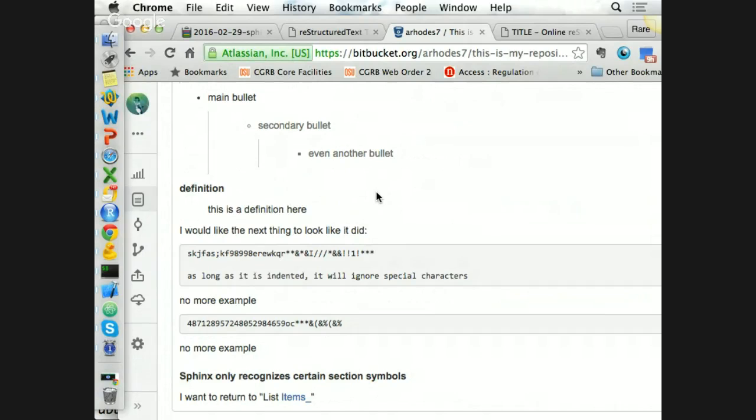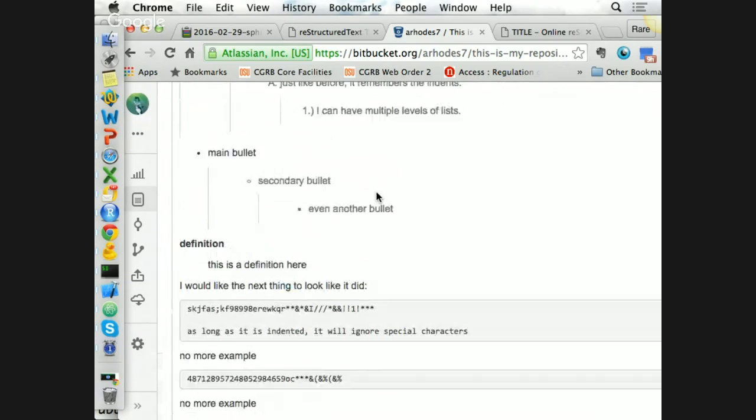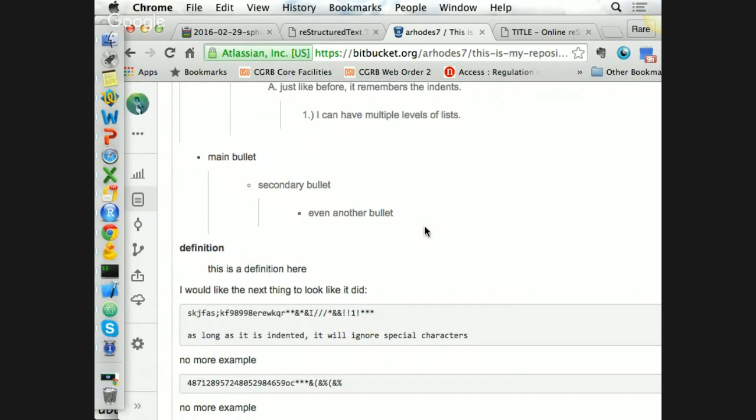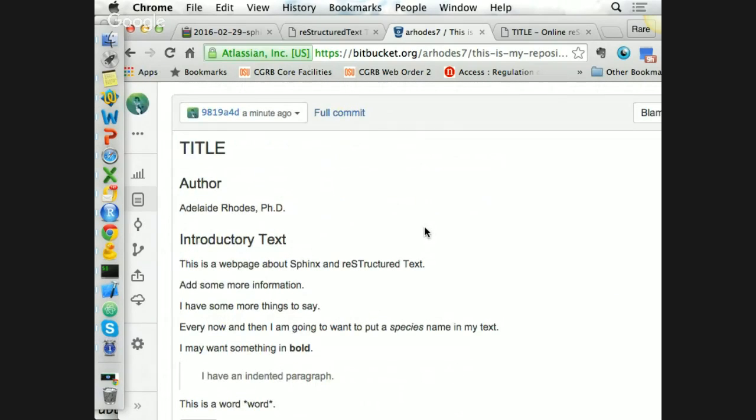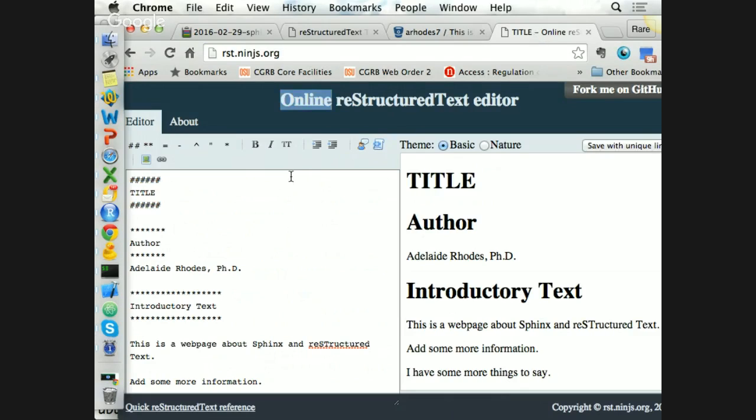Thank you. Yeah, so the GitHubs and the Bitbuckets are restructured text interpreters. They're interpreters. So they often use the same architecture that Sphinx is using to interpret. So this is another way, like if you can't remember that website I told you about,